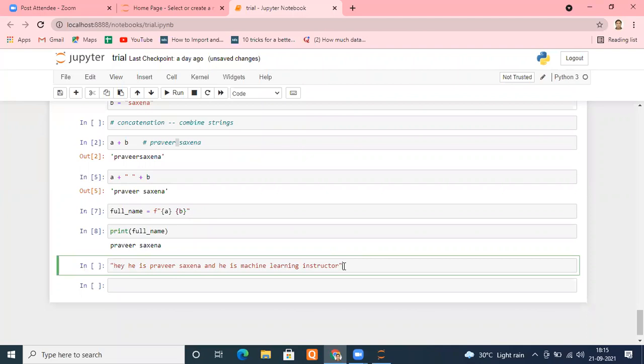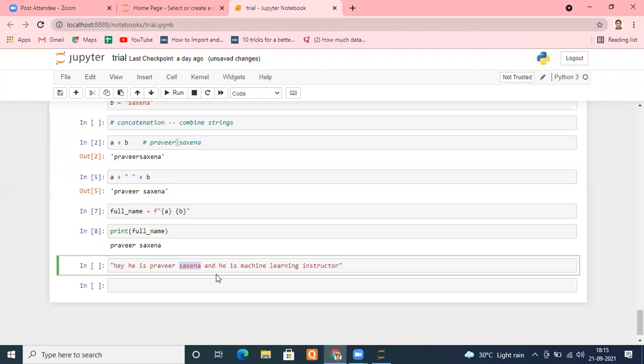But suppose I don't want to write Praveer and Saxena specifically. I want to take these values from a variable which is available. So what should happen? If I'm writing this way, it is becoming a hard-coded thing. Means if I'm turning on a system, it will always show Praveer Saxena. But what I want is whomsoever is opening the system, his name should be displayed there. So for that purpose, we can take variables. I'll come to that with the input function. You will understand that way.